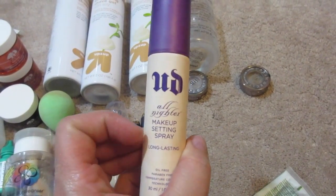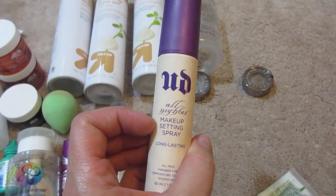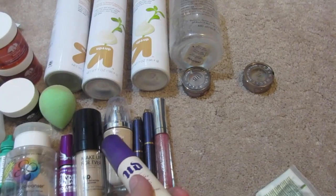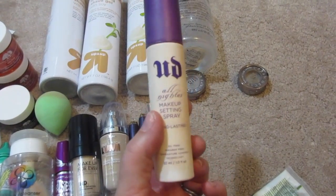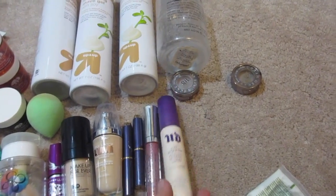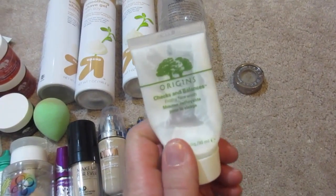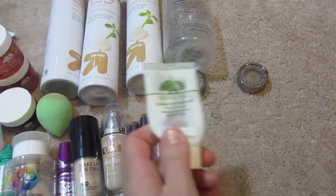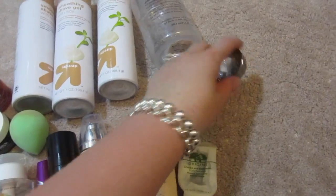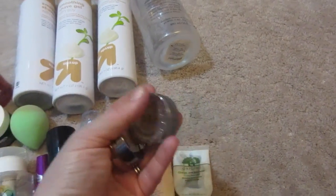Also, Urban Decay Makeup Setting Spray, the All-Nighter Setting Spray. I did repurchase this. Now, I also tried out the L'Oreal Setting Spray, and I do have to say I can tell a bit of a difference. The Urban Decay does work better for me, so I will keep repurchasing that. Also used up a little travel size of the Checks and Balances by Origins, and I did repurchase this in a large full size. And also, something that's unique that I wanted to make sure to share this time around